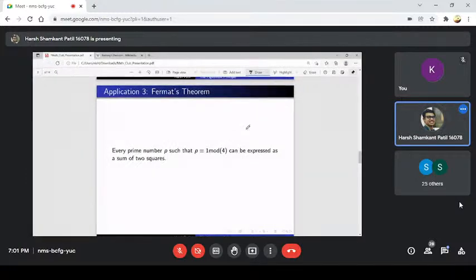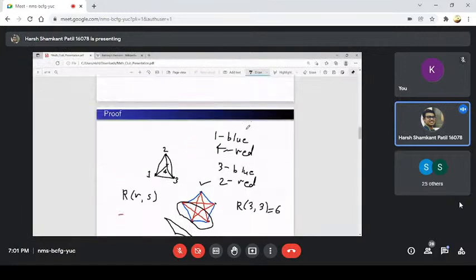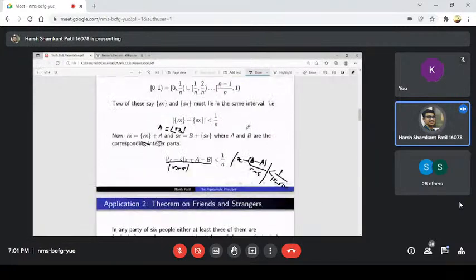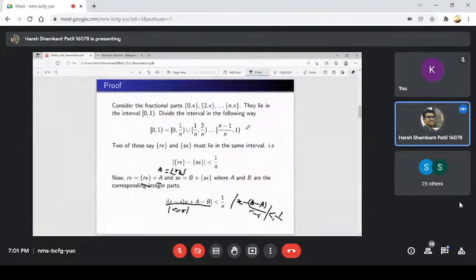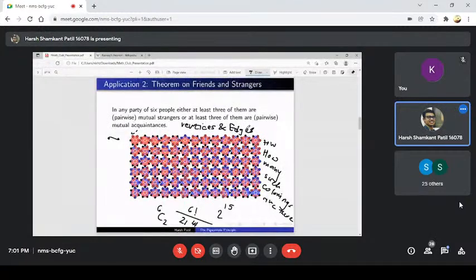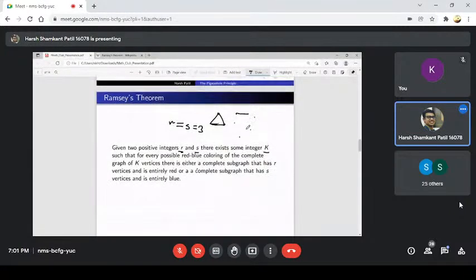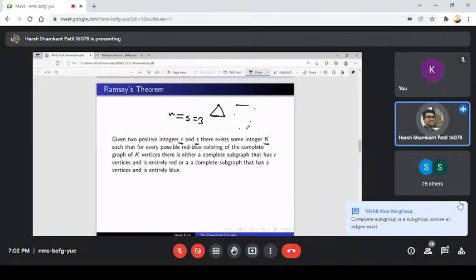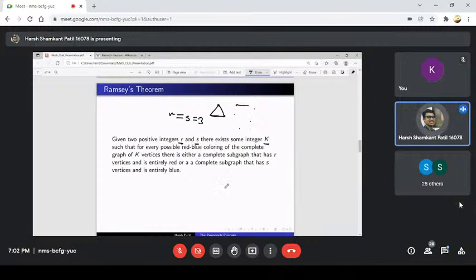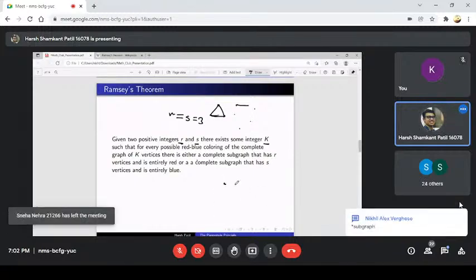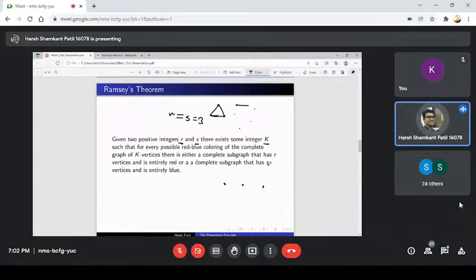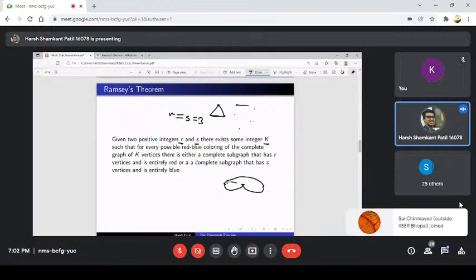What I mean by a subgraph is that a graph is just a bunch of vertices and how they are connected to each other. It doesn't matter how they are drawn. So this graph